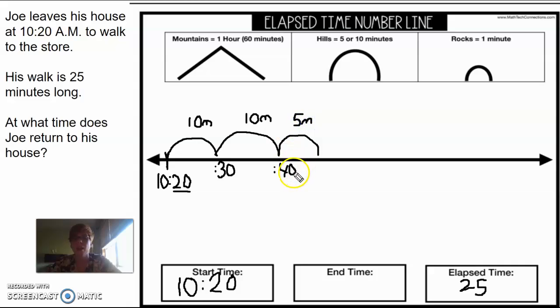And then I'm going to add 5 minutes on to 40. What would that be? It would be 45. So this is where I need to figure out. I started at 10:20. We added 10 minutes, 10 minutes, and 5 more minutes, and we landed at 10:45. So our end time is